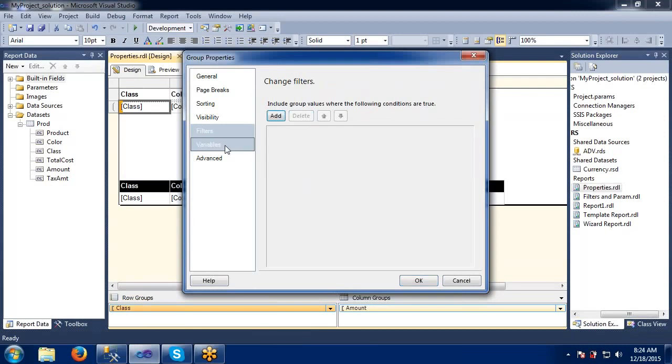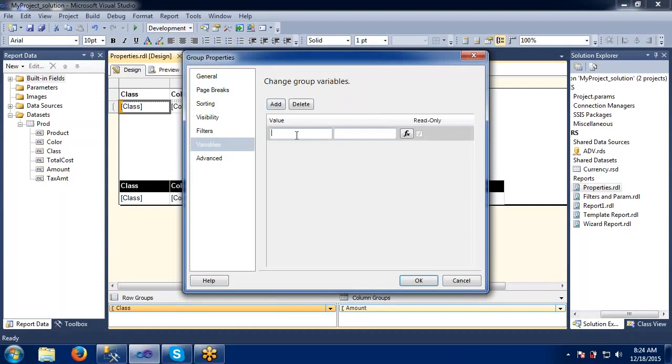Okay. The variables concept is there. This variable concept is also related to expressions. In SSIS also, if you have seen, we have some variables which are used in the package, right? The same thing here also, some variables we can define here. Some test equals to some value here.